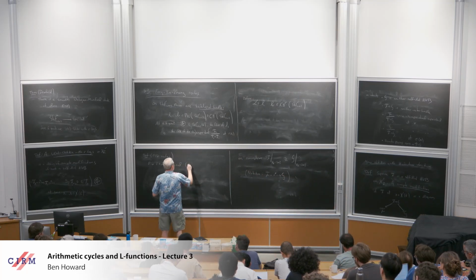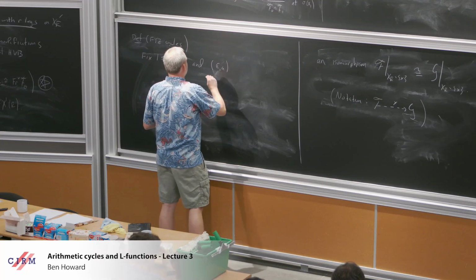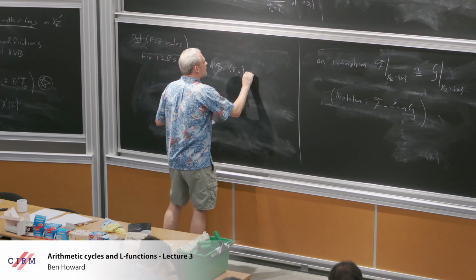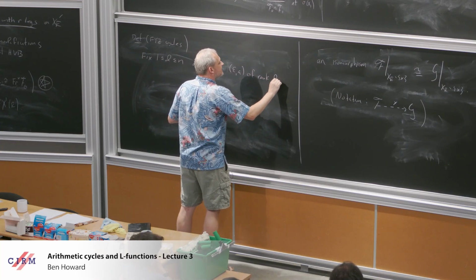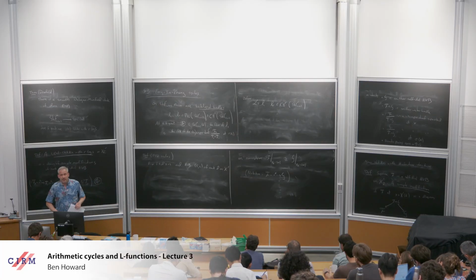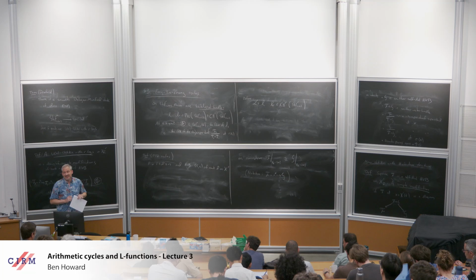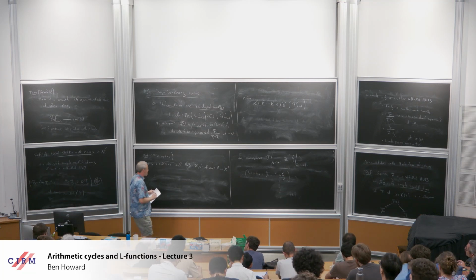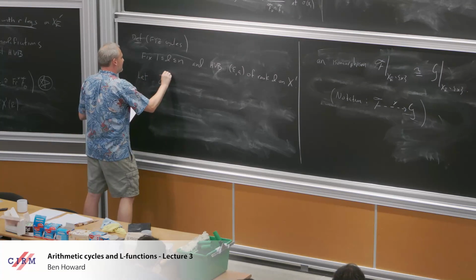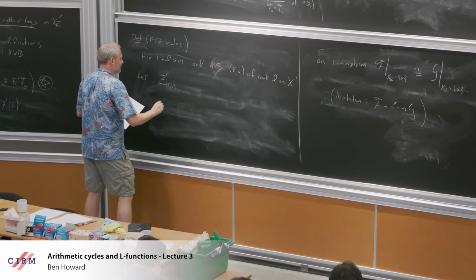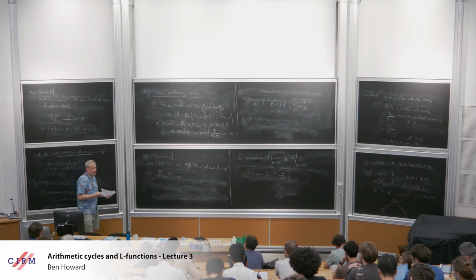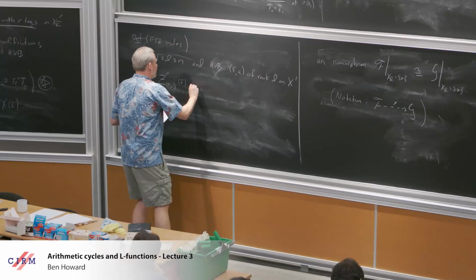So I'm going to fix an EA, and let's say a Hermitian vector bundle EA of rank D on X prime over the ground field, and I'm going to construct a cycle corresponding to EA. Okay. So let Z R E A of k bar. I'm going to define the cycle as a moduli space by telling you its k bar points. And this is going to be